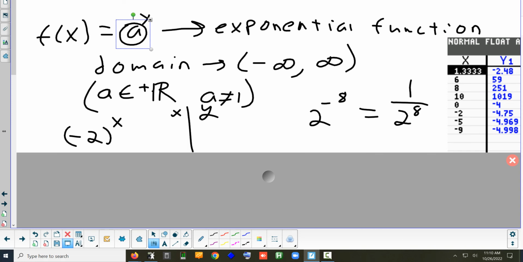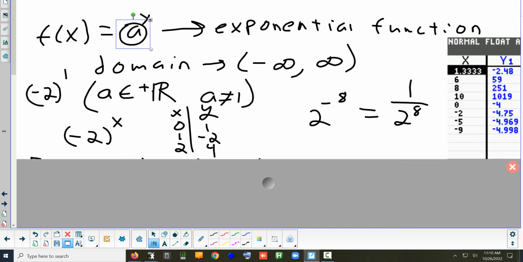well, if you were making a table of that, when x is 0, you get 1. Anything to the 0 power is 1. But then when x is 1, you get essentially -2 to the first power, which is just -2. But then when x is 2, what's -2 to the second power? 4. So what you're going to end up with is a graph that's going to oscillate positive, negative, but then